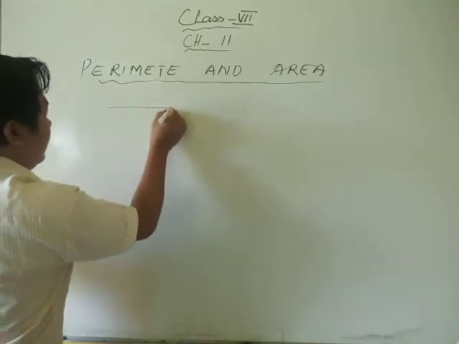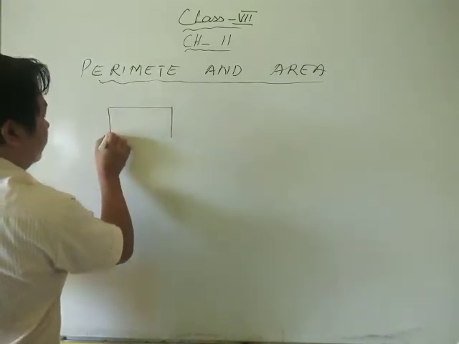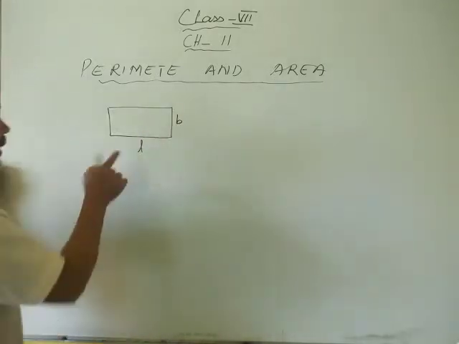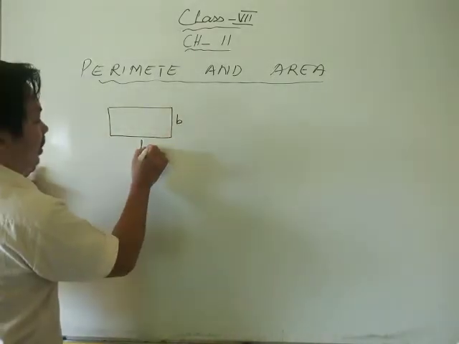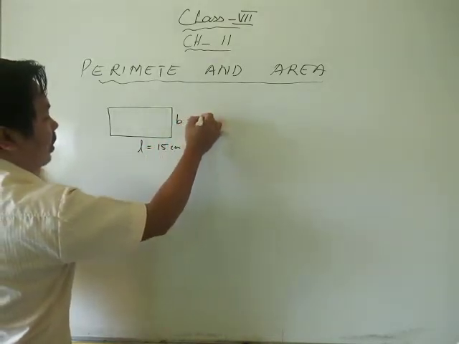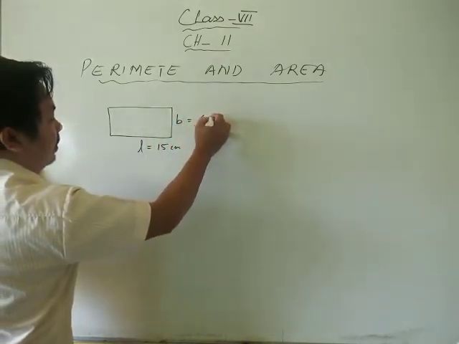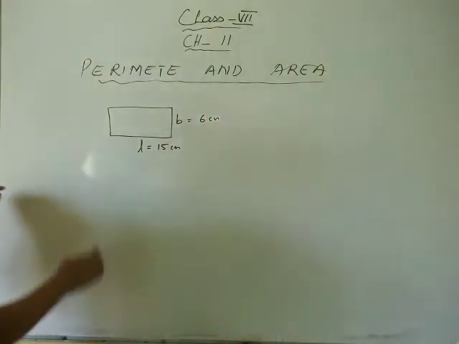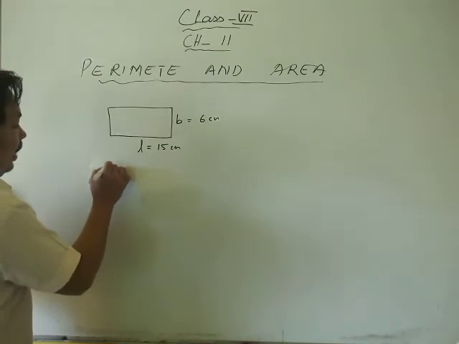The rectangle is here. Let us think that this is L, this is B, meaning the length and the breadth. Let us say the length is 15 centimeter and the breadth is 6 centimeter, for example. If we want to find out the perimeter of this rectangle, then